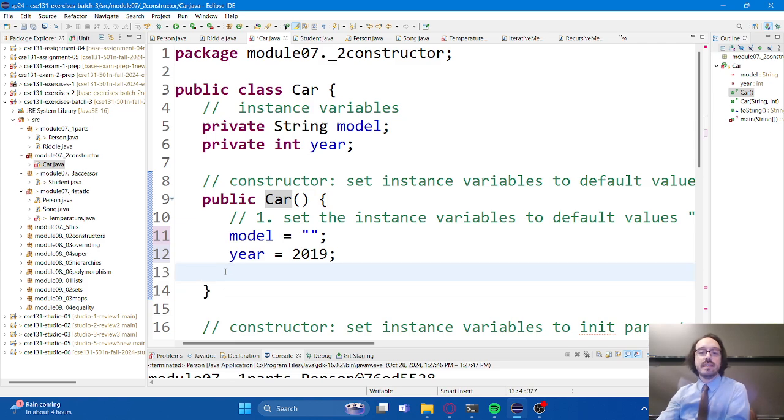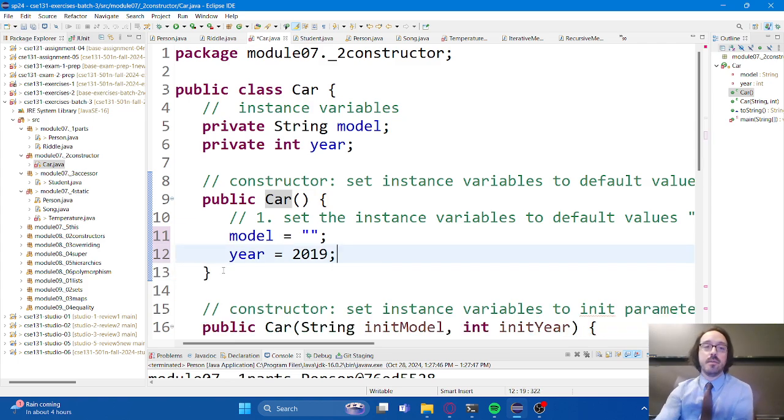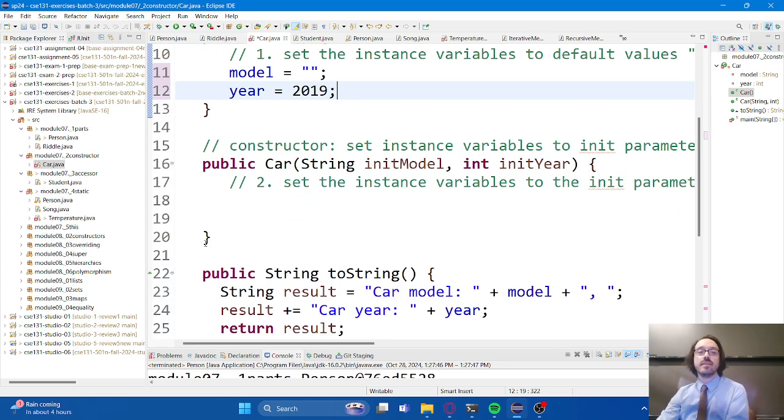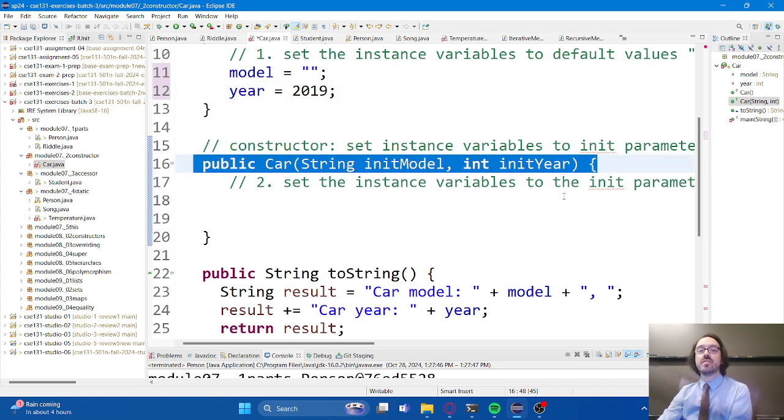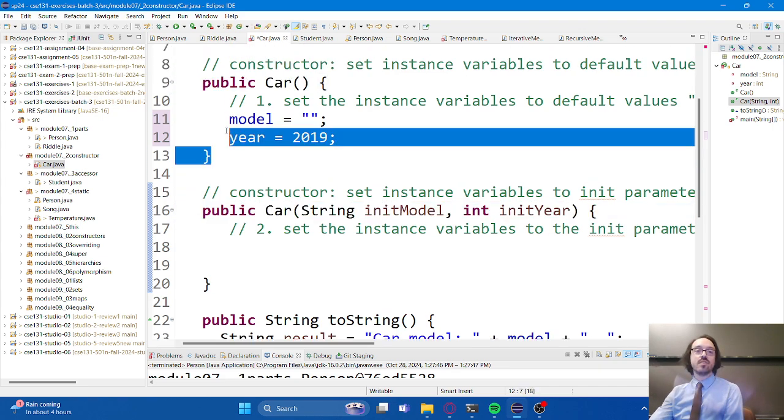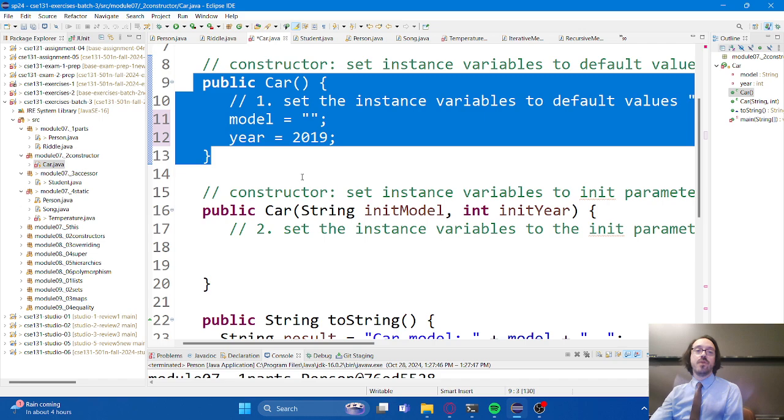I'll be honest with you, these do have their purpose, but more often than not, at least in this class, we're probably going to be using a constructor that looks something like this. And this is the kind of constructor that is going to allow whoever is making the car to specify exactly what kind of a car they wish to make. So if I use the default constructor, I'm getting some generic default car.